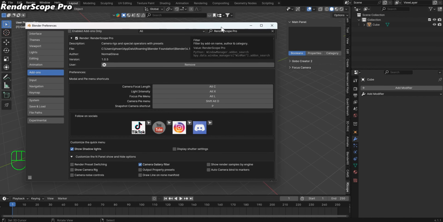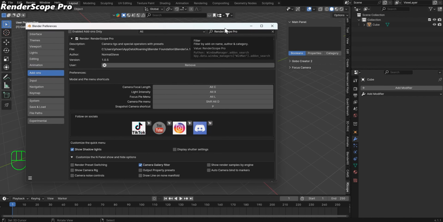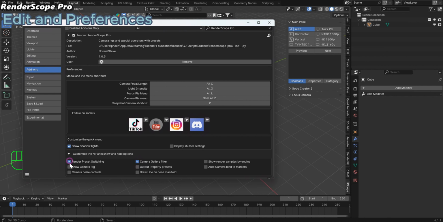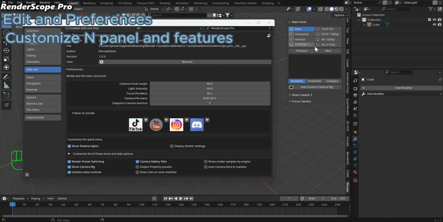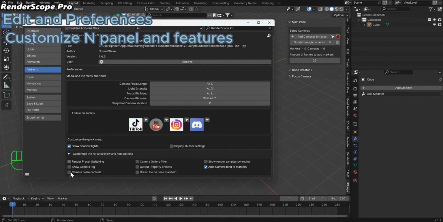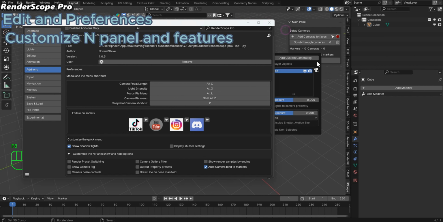One is going to be going over the edit preferences. The next one is going to be going over the customizing of the main panel. If you don't want to show something, you don't have to show it. If you find that, say, only the auto camera markers is good for you, then the main panel will show only that. And then after that, we're going to go over special menus like the F8 menu,